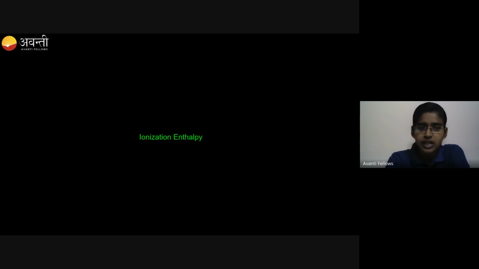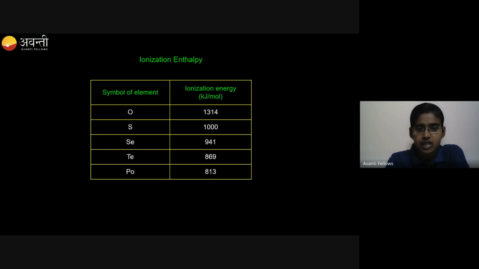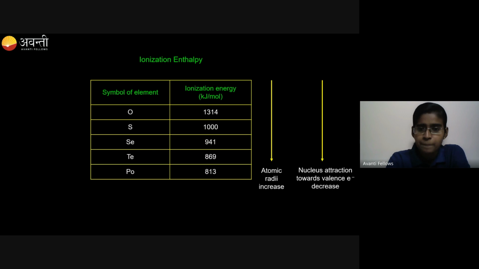Then coming to the next property, which is ionization energy. Here are the ionization energy values on the screen. You can observe the trend of ionization energy. It is decreasing, right? If size increases, ionization energy decreases because both are inversely proportional. If atomic radius increases, ionization energy decreases because the attraction between the nucleus and valence electron decreases on moving down